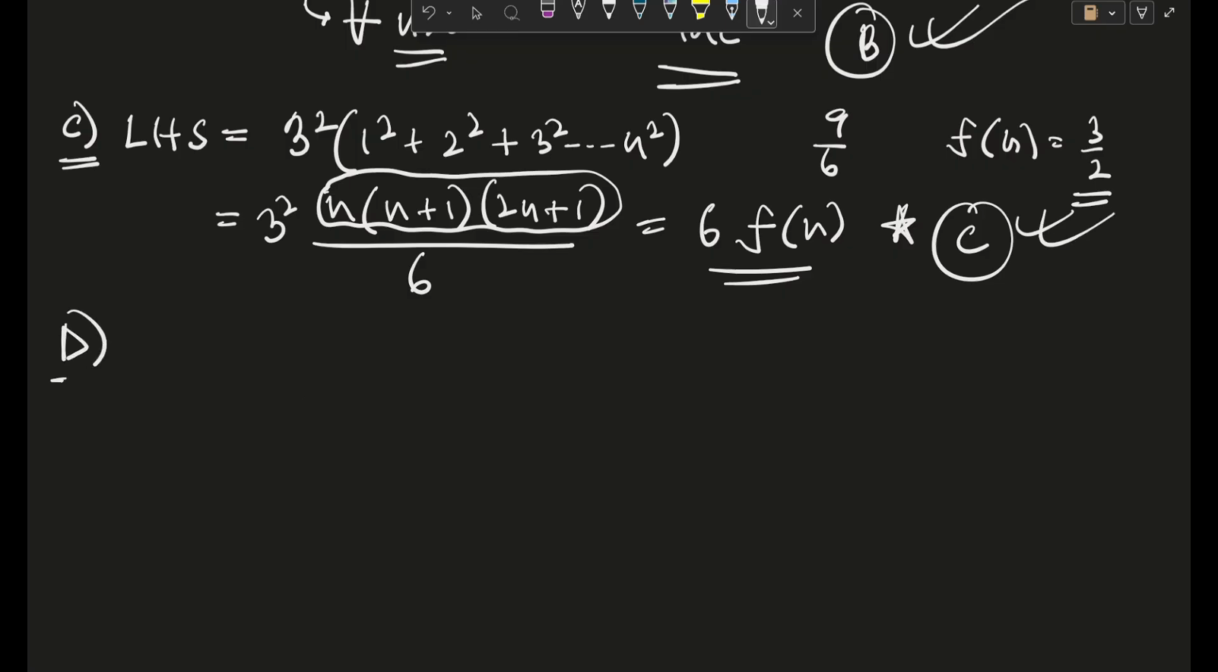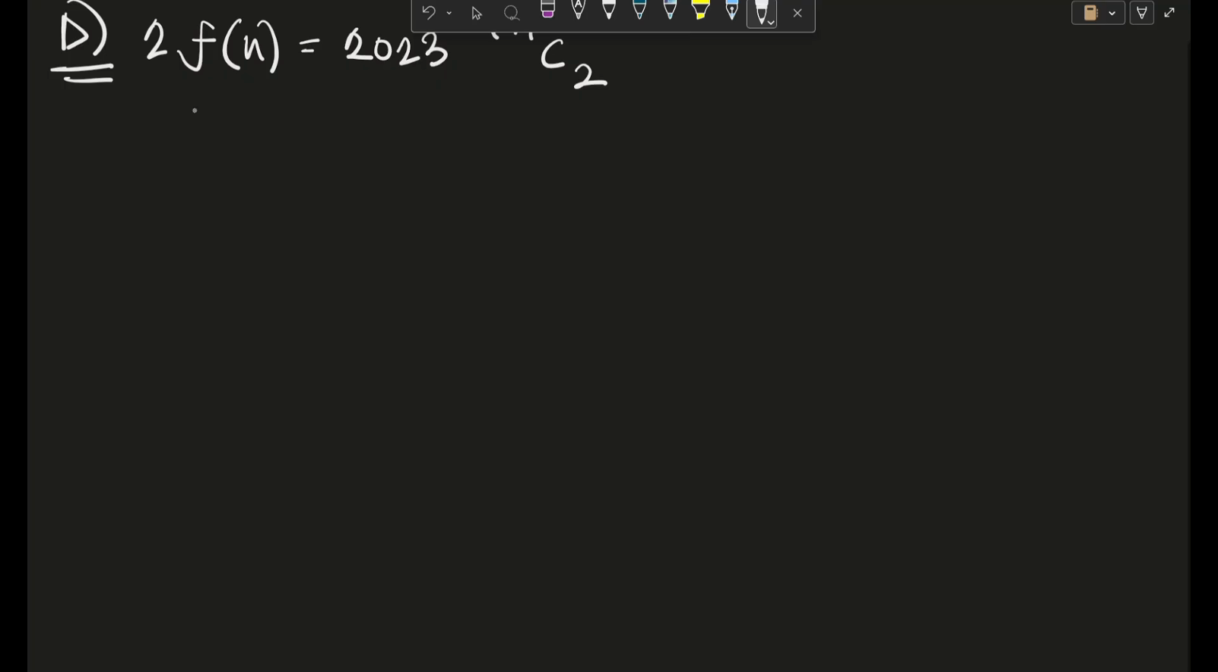So moving on to our final option number D, guys. I guess we had to solve this equation. f of n was given to be equal to 2023 times n plus 1 C 2, and we had to solve for the value of n. So let's solve it, guys. What I shall do is plainly put in 2f of n, which is given to be n into n plus 1 times 2n plus 1,